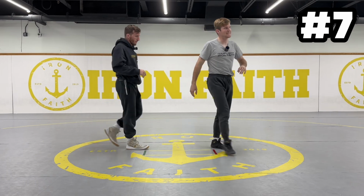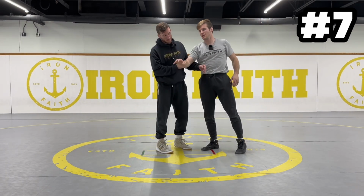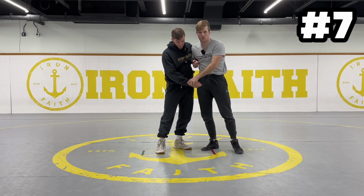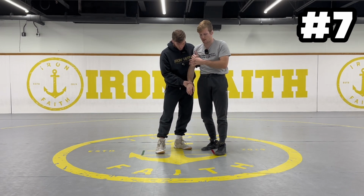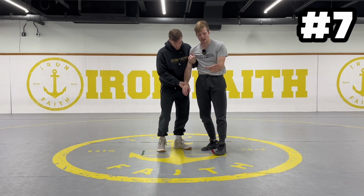So with this technique, obviously your opponent's gonna have to pull a Russian tie, but it's just taking an amazing tie for him and immediately transitioning it into an amazing tie for yourself. And with clearing a Russian tie or hand fighting off Russian tie in general, you normally are attacking the bottom or top hand. The way I'm gonna attack the bottom hand is I'm gonna take my hand with the V